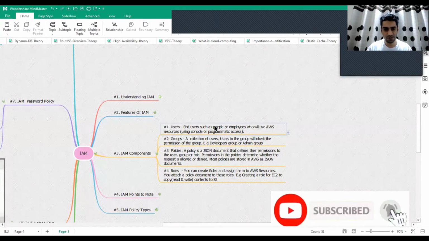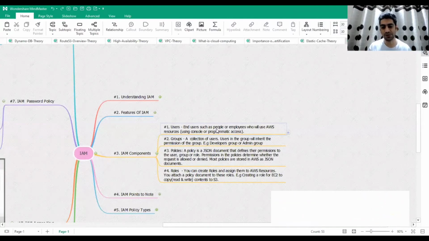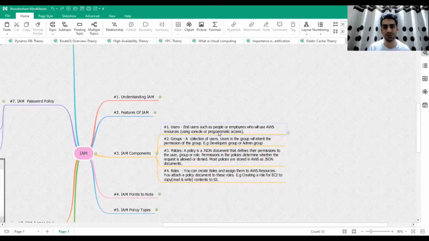Users are end users such as people or employees who will use AWS resources using the AWS console or programmatic access. Once you have your AWS account, there would be developers, users and administrators logging into this AWS account to create resources or use those resources, and there needs to be a way to provision them access. So the first thing is you will be creating those users, and that is done using the users component of